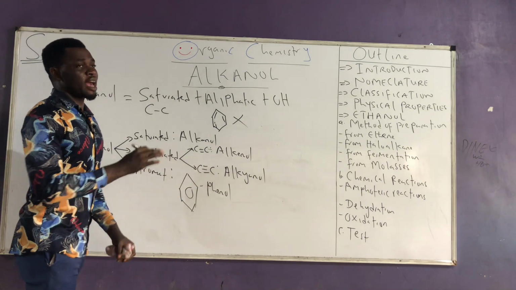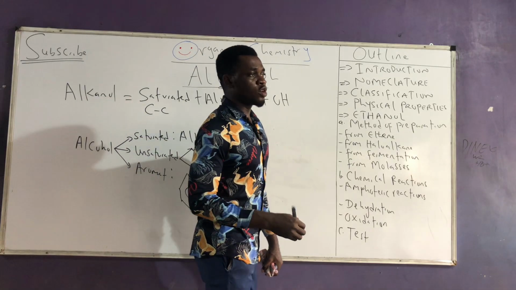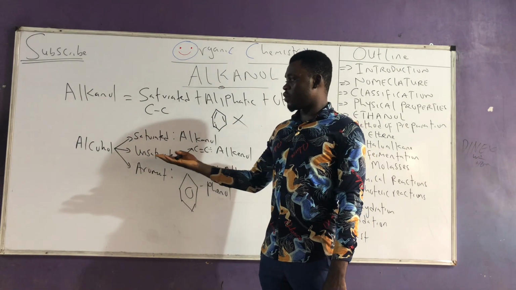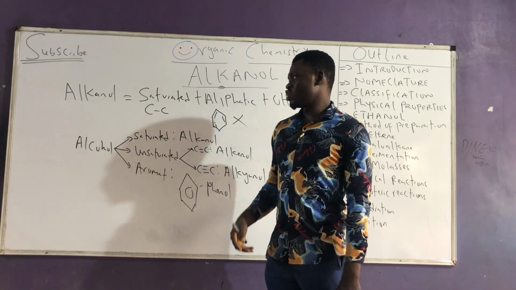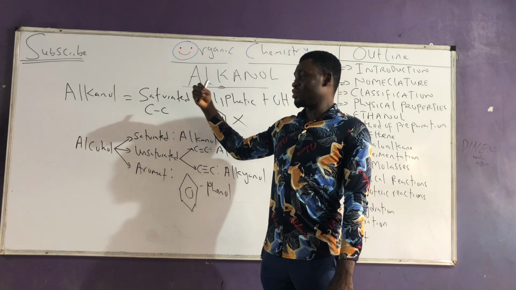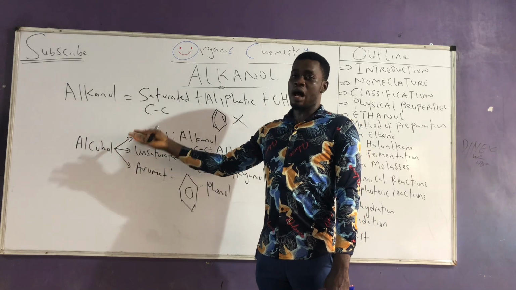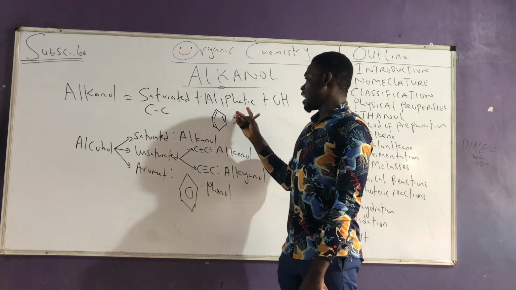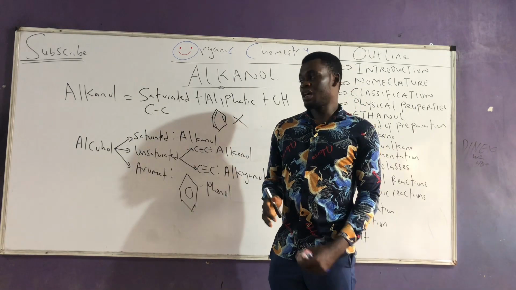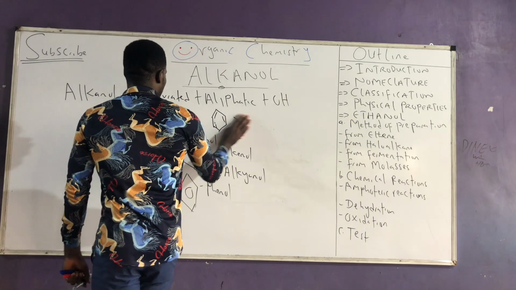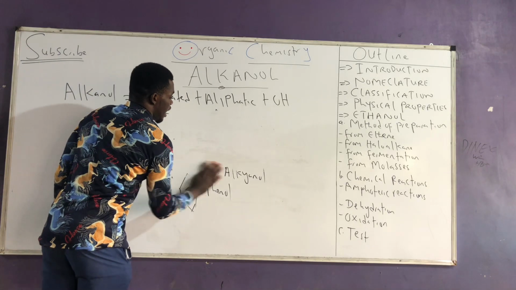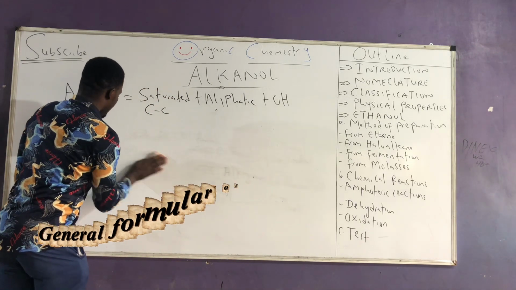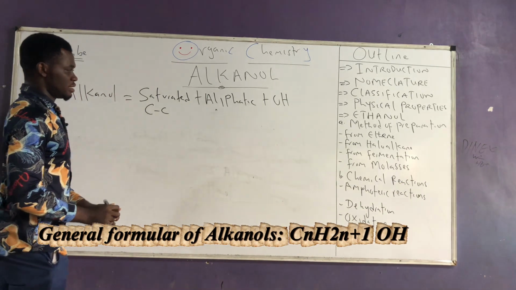So alkanols are not the only organic compounds that have this OH group. Very important. Compounds that have the OH group, they generally fall into this group known as alcohols. So we can say that alkanols are a subgroup of alcohols. They are the alcohols that are saturated, aliphatic, and have this OH functional group. Very simple. So overall, we have said that alkanols, they are saturated aliphatic compounds that have the OH functional group,